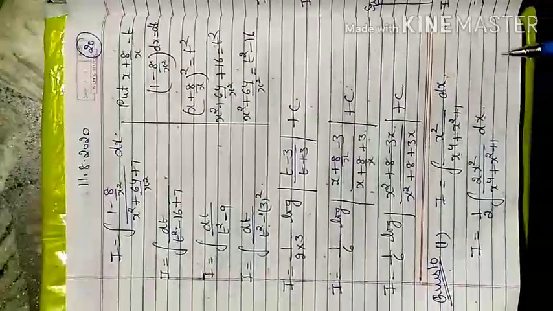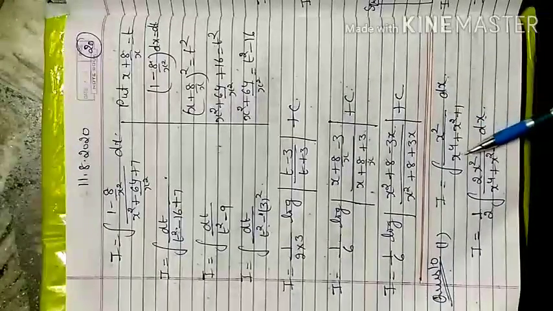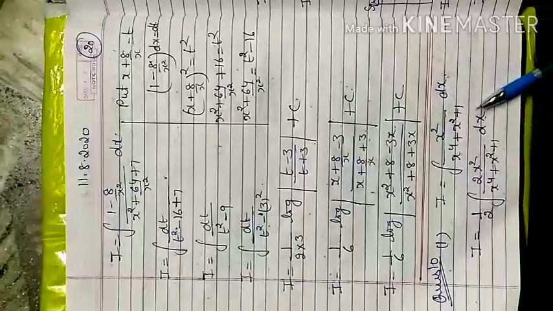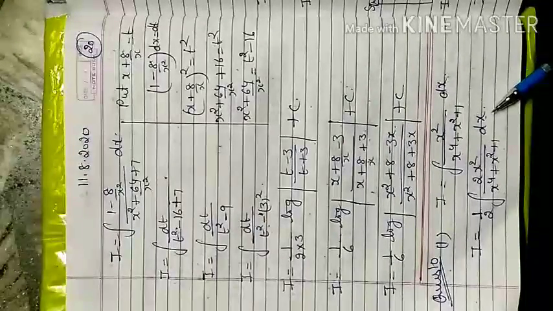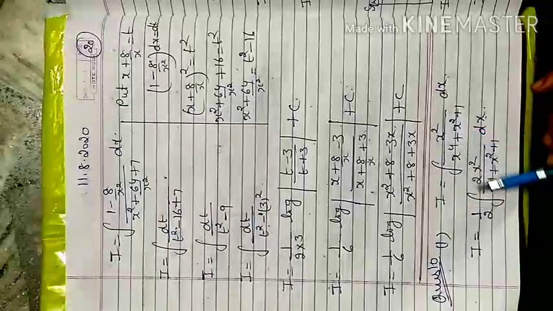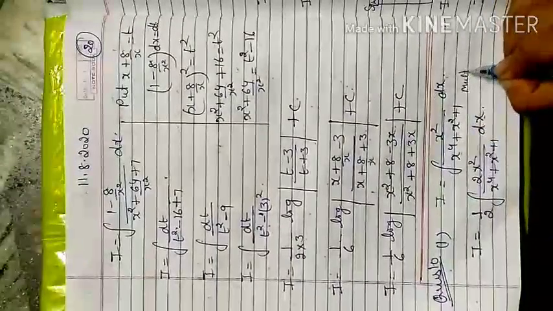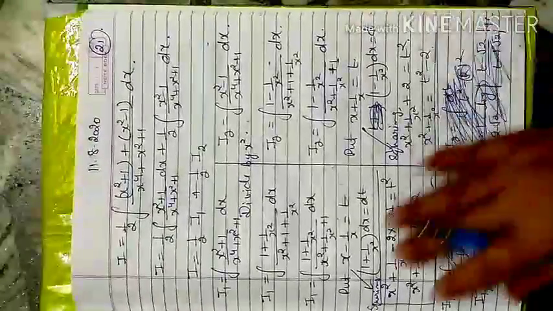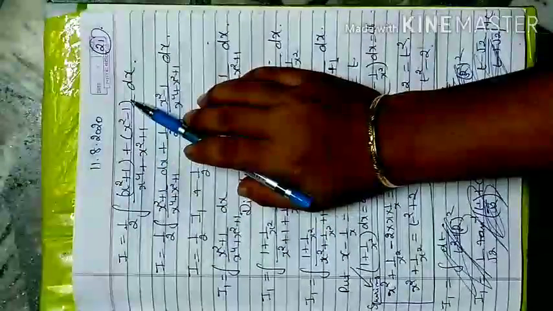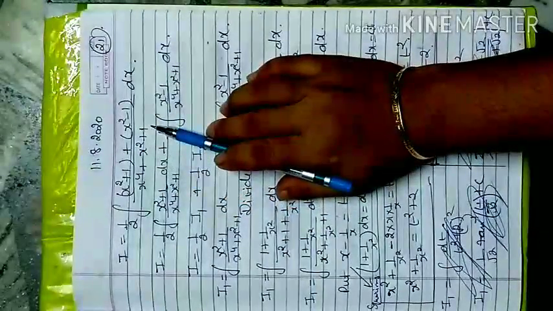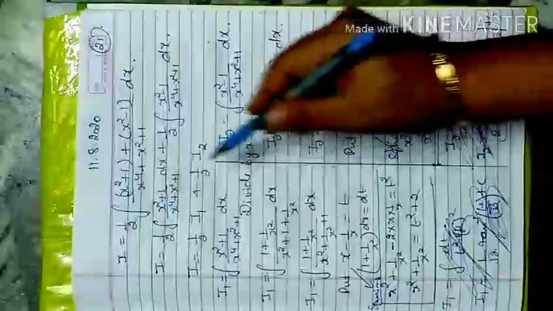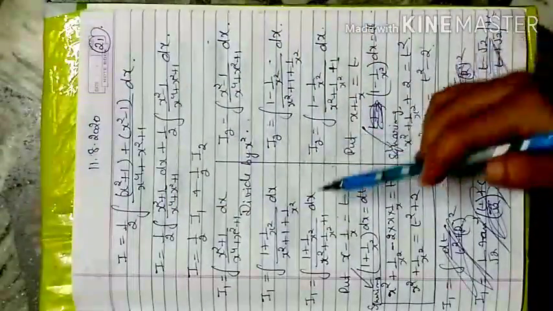Now here only x is left, there is no constant term written, and x4 plus x square plus 1. Obviously it's the same type as the 8th question, but only x square is added, so that will be a little bit confusing. So multiply numerator and denominator by 2, 2x square, because I need to separate this x square in the form of this. Now here x square plus 1 plus x square minus 1, over x4 plus x square plus 1. When I separate, this will be considered as I1, this as I2. Now separately solve this I1 and I2.